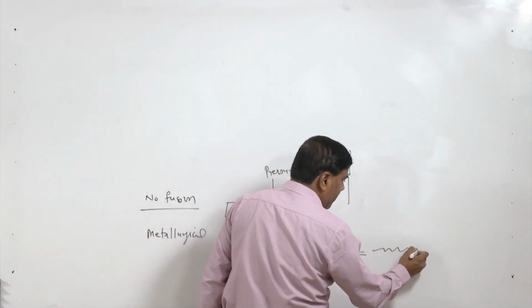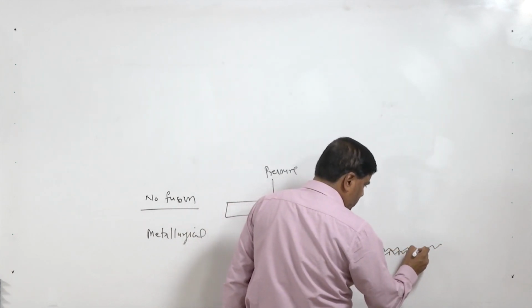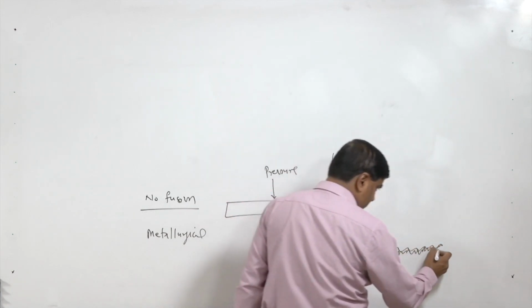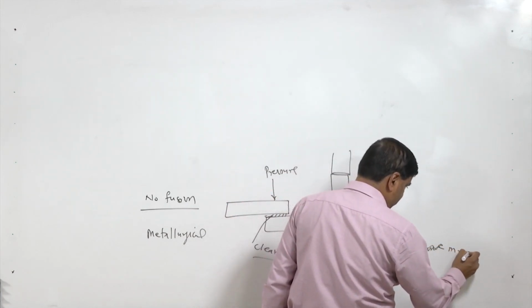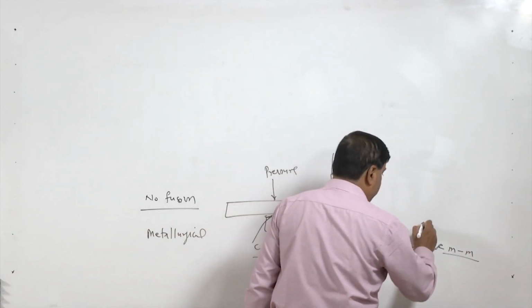So, surface irregularities get closed, they get deformed, and the complete metal to metal contact is established, and the pressure has to be high enough so that